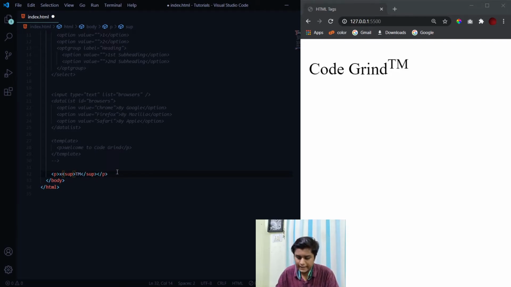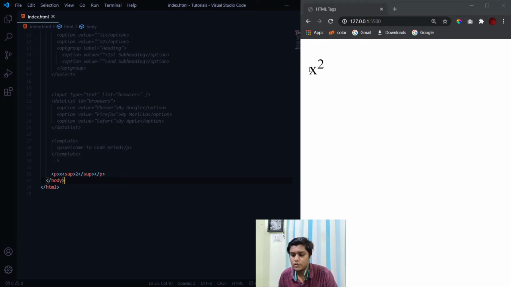Let's say if you want to write x raised to the power 2, you can simply write x outside and 2 inside the SUP tag. And now when I hit save, you see we have got this x raised to the power 2. Now the fifth tag which we will be talking about is the exact opposite of this SUP tag. Now in this tag, instead of SUP, we will have SUB, which stands for subscript. And in this subscript, instead of lifting the text upwards, it just pushes the text downwards, and it just makes it lower from the base level. So this is about the subscript and superscript tag.